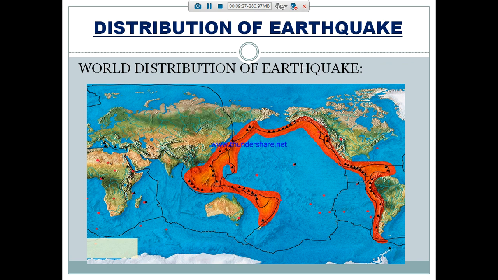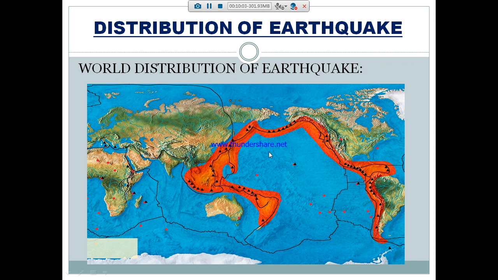That means Asia Minor, the Himalayas and parts of northwest China. Earthquakes also occur in northern Africa and the Rift Valley area of the Red Sea and Dead Sea, everything. In India, the Himalayan region and the Ganga-Brahmaputra Valley are prone to earthquakes. This is the area where earthquakes occur often. So this is called the distribution of earthquakes.